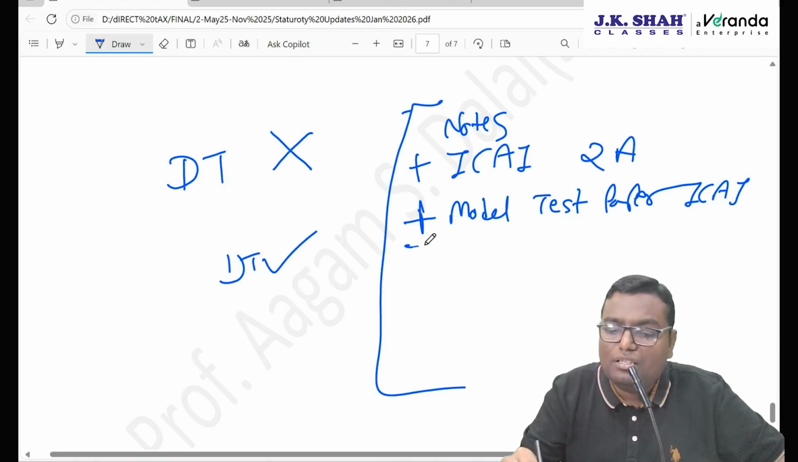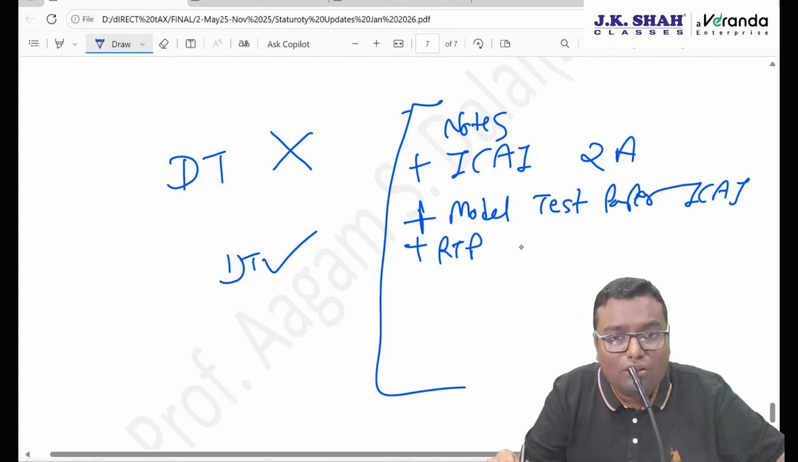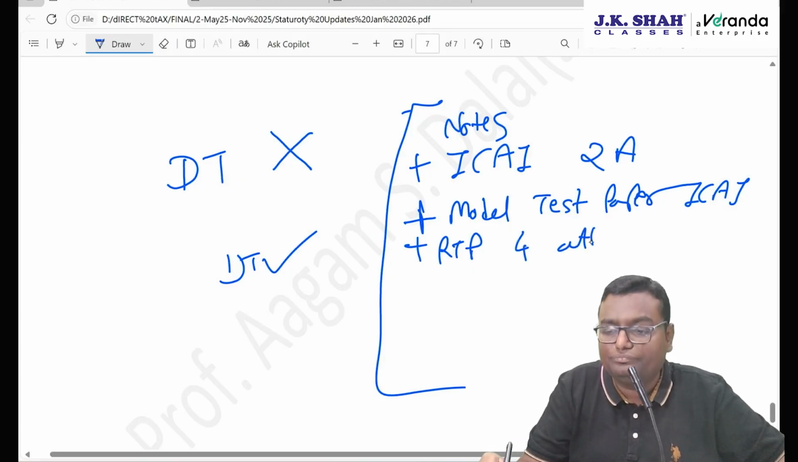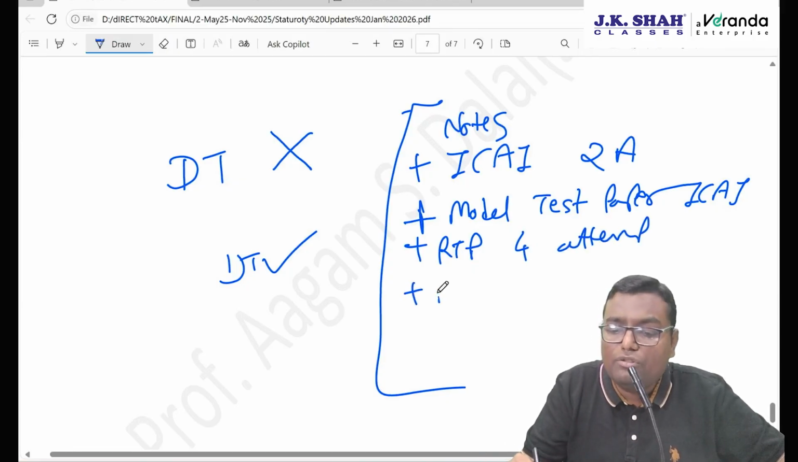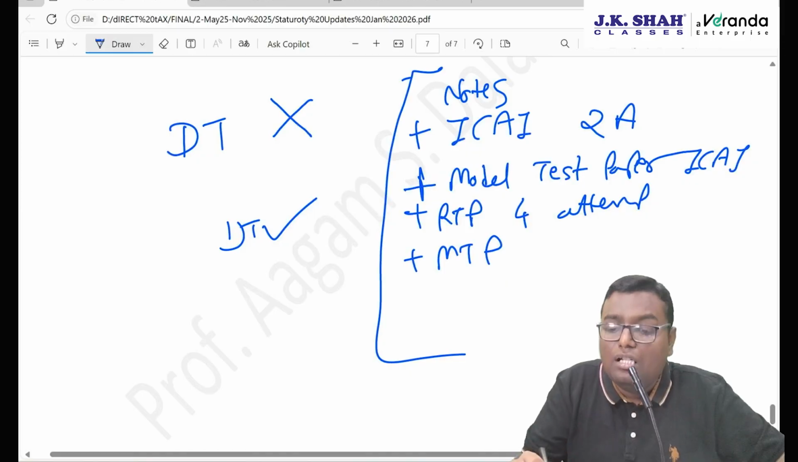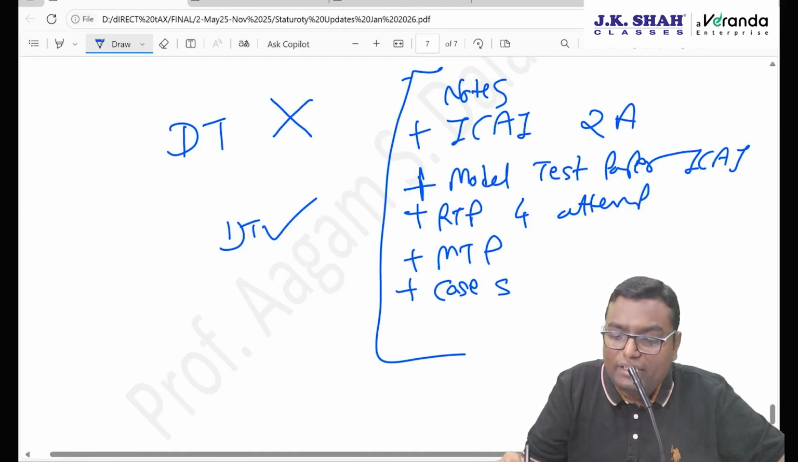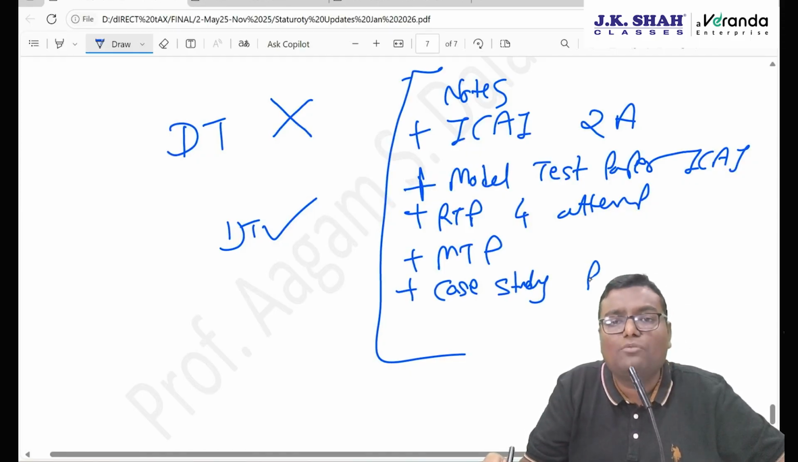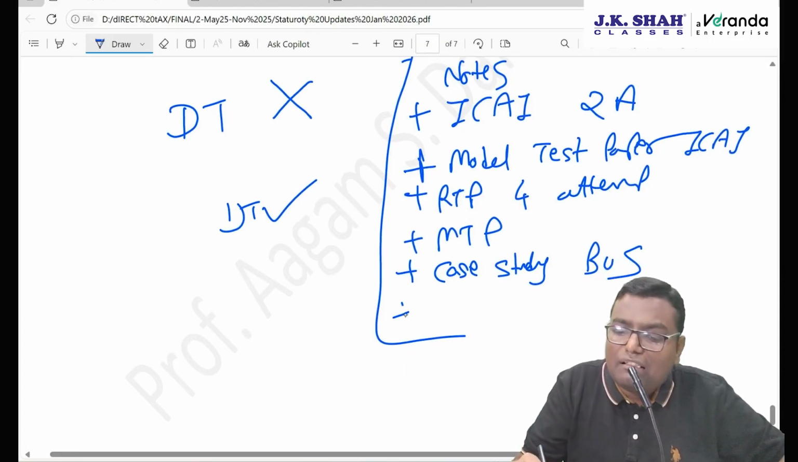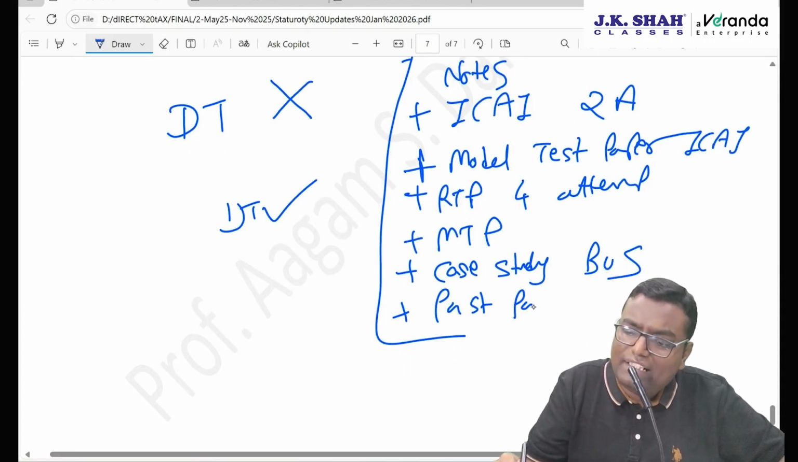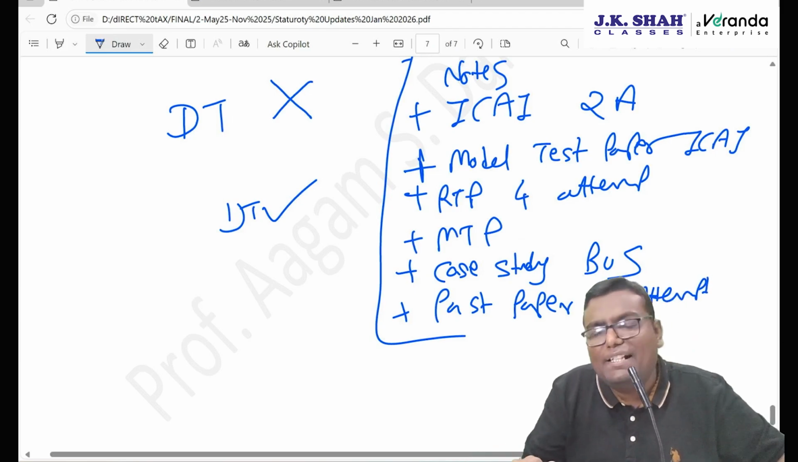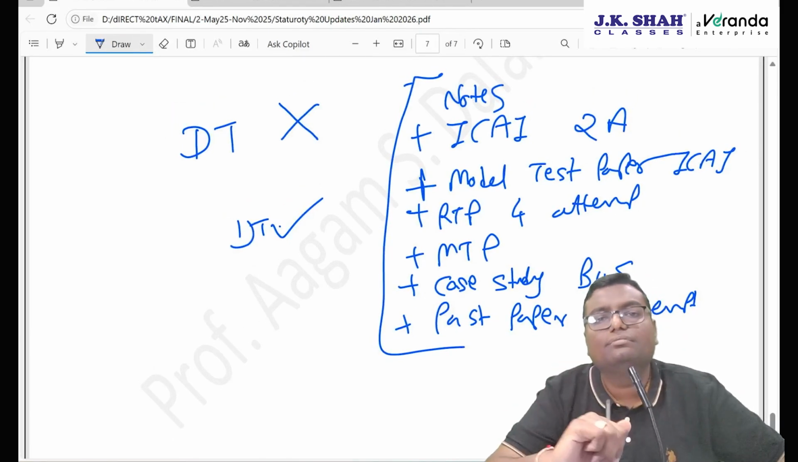So the model test paper, plus you have to do the RTP of at least 4 attempts, plus you have to do mock test papers also, plus the case study booklet which is issued on the ICAI Board of Studies portal, plus past papers, at least 4 attempts. Guys, if these are done, then you are done with DT. But then